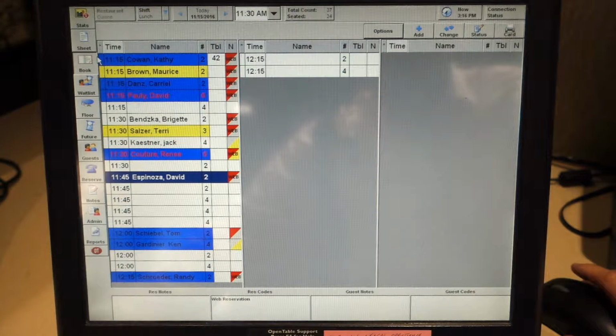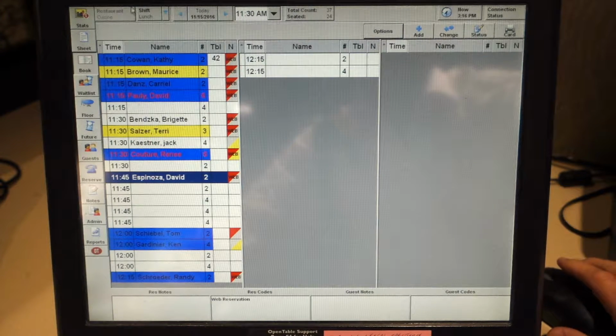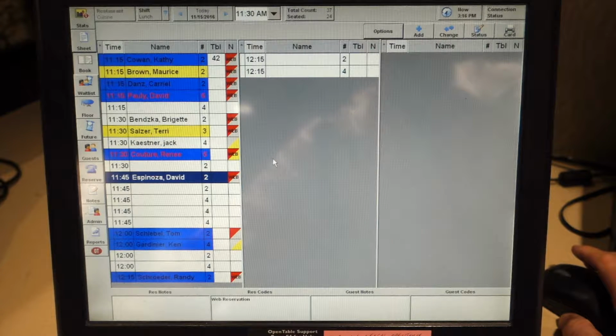Open table drill number one, the one and only one. So this is the open table system. This is what we make reservations with. People can make reservations online at